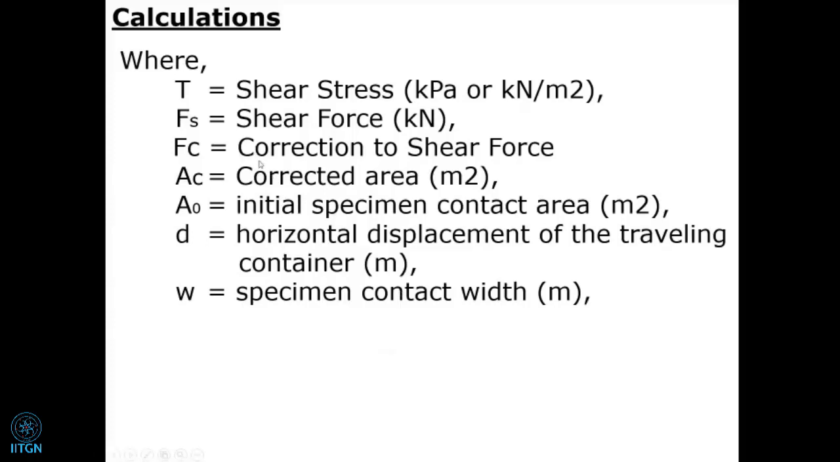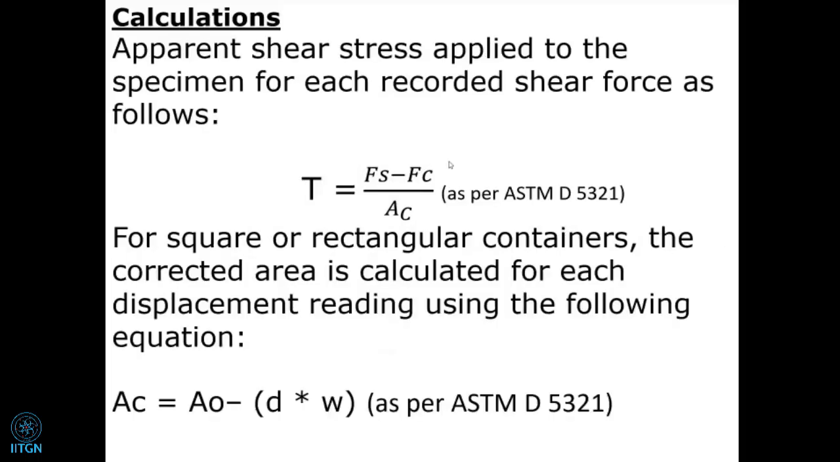So at each level, we have to check the corrected area, and the Fc value is very important. It should be checked before performing the test. Without using your sample, you shear both the upper and lower portions, and then check what the Fc value is. Then you deduct it from the actual shear force. That's why the formula is Fs minus Fc upon Ac. By this formula, we can calculate the apparent shear stress. And then